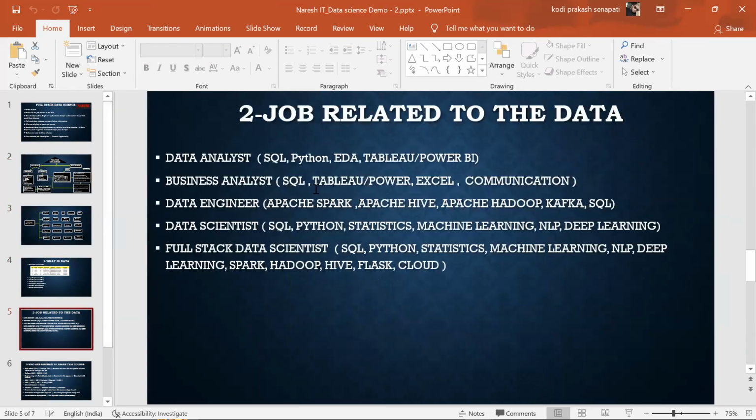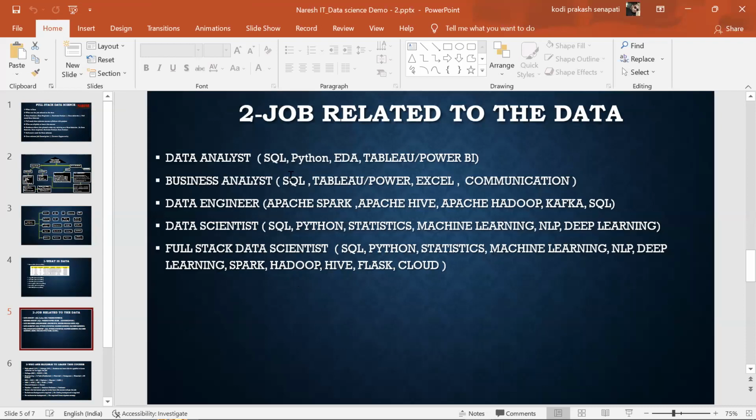What types of jobs are relevant to data? What jobs are available in the market relevant to data? Data analyst, business analyst, data engineer, data scientist, and full stack data scientist. When you learn data, you can become any of these 5.